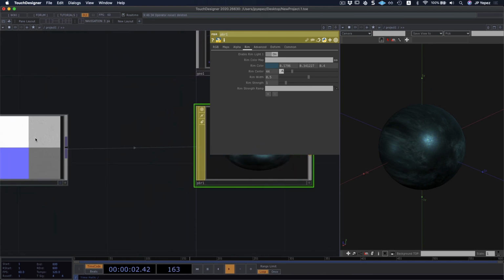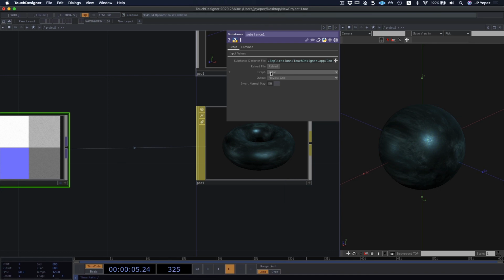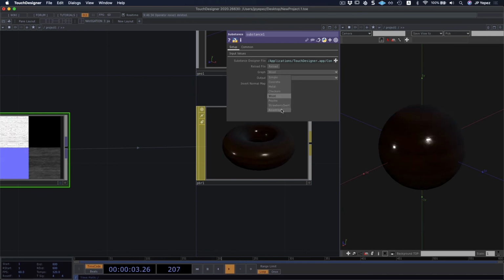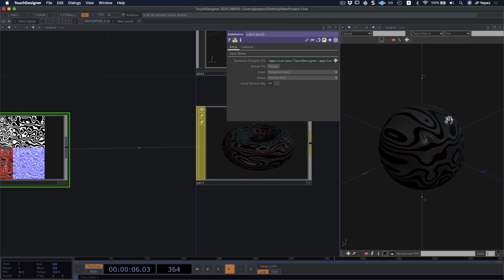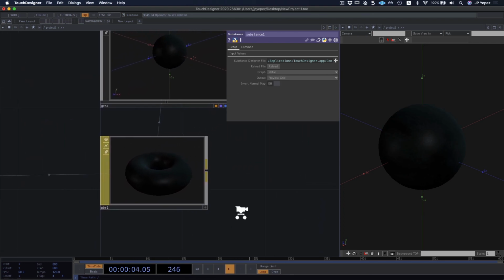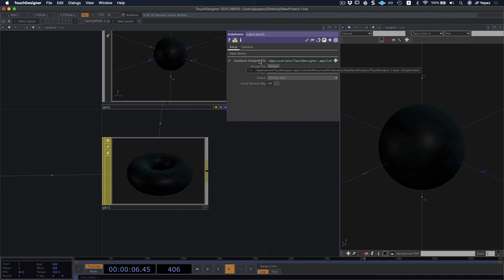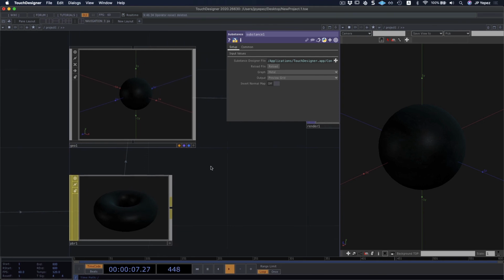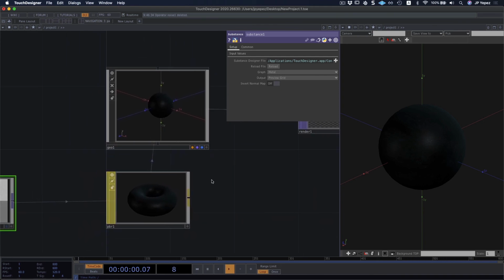Make sure to check out the different types of substances that you can add. There are metal, checkers, wood. One that I really like is called the strawberry swirl. As you can see, it doesn't quite fit with this type of rim light, but there's plenty you can work with. And in fact, you can also download Substance Designer files, which are mostly free online, and you can definitely experiment with more realistic materials, with realistic looks. It's a great way to set up your own 3D scenes.